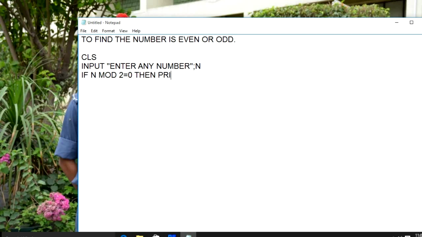print n semicolon, inverted comma, is even number, else again print n is odd number,